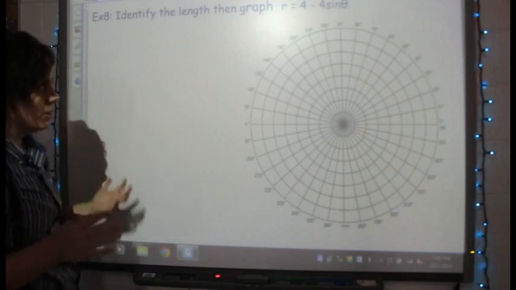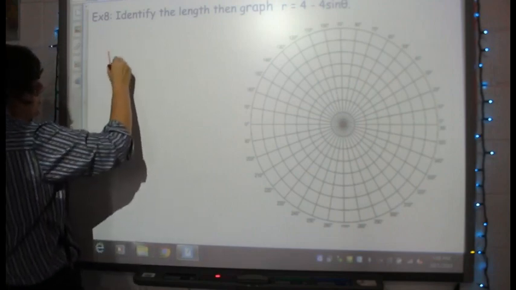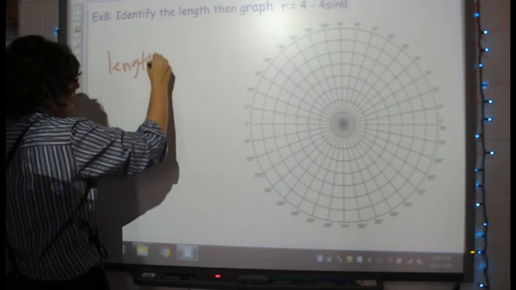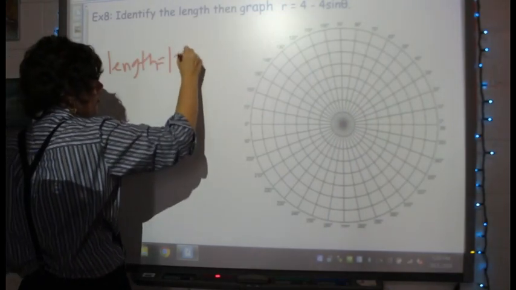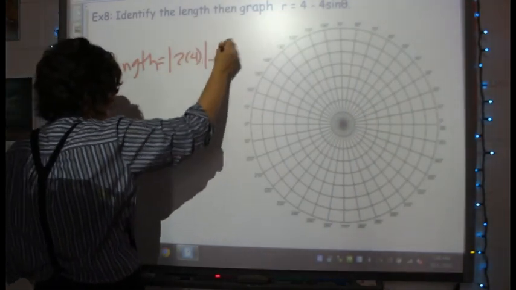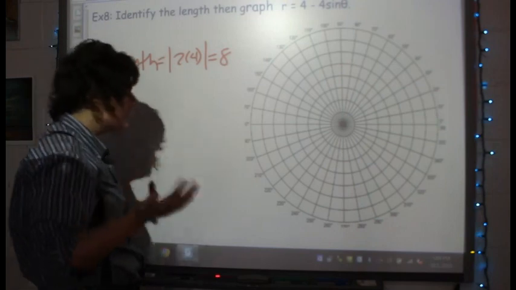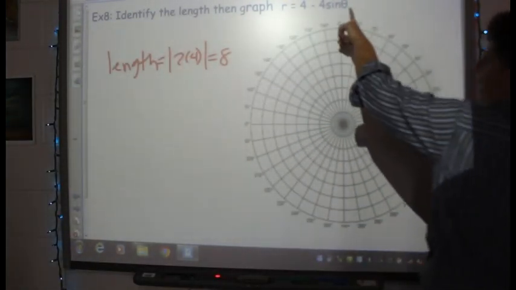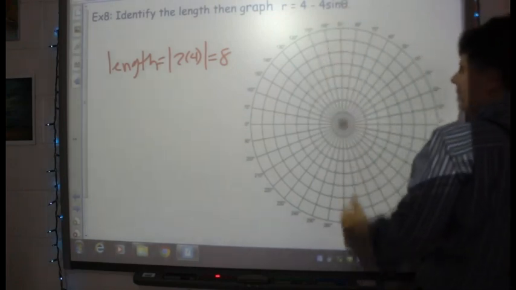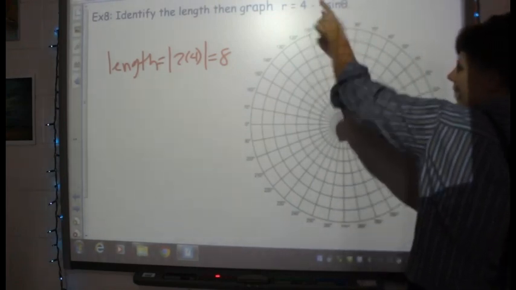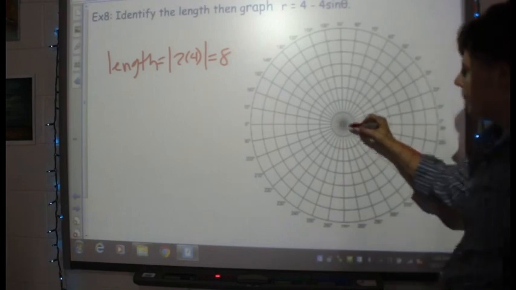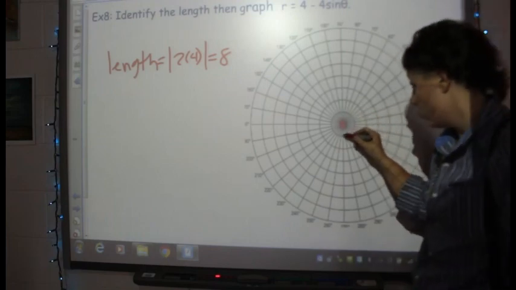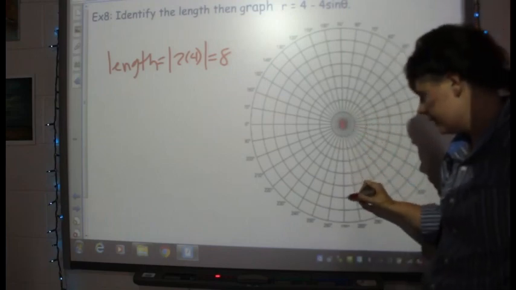Alright, so assuming you tried it out, we'll go ahead and go through it here. The length is the absolute value of 2a, so that's 2 times 4, which is 8. The absolute value of 8 is 8. This time, I don't have to scale my graph because I do have 8 units. I know I'm going along the y-axis because it's sine, and it's negative, so I'm going down. So I put a dot on the pole, and then I count 1, 2, 3, 4, 5, 6, 7, 8,